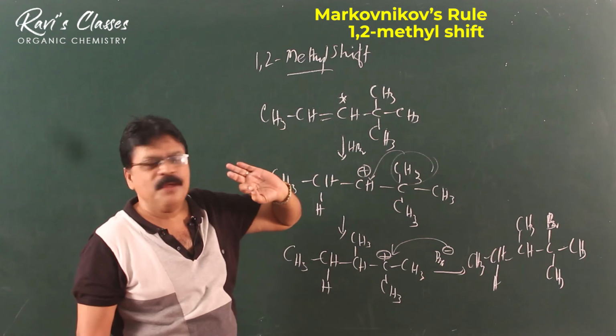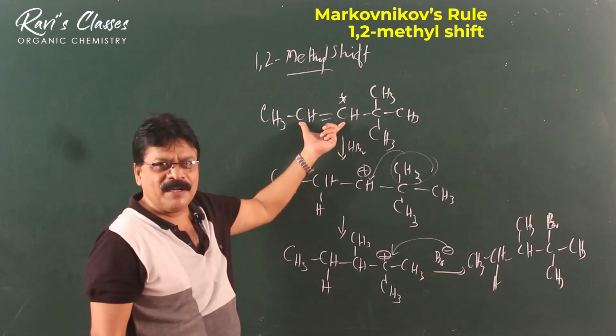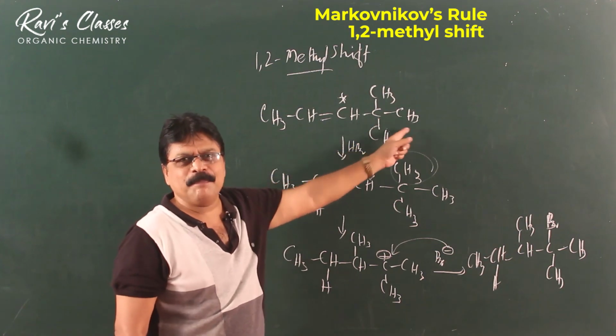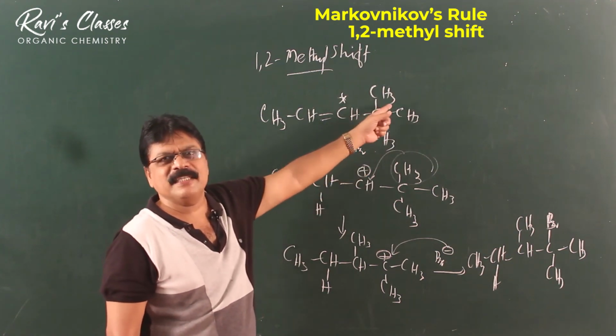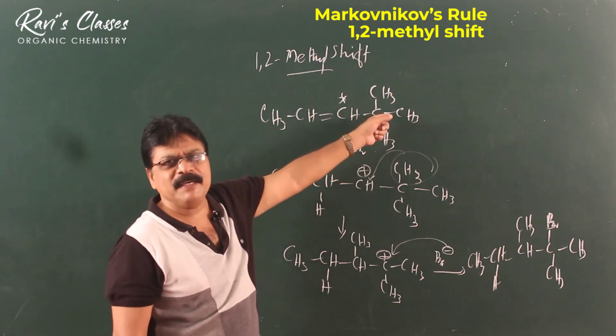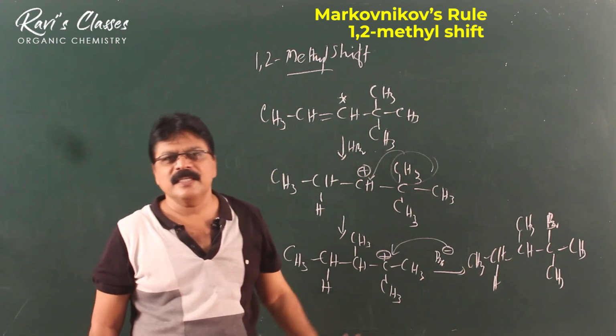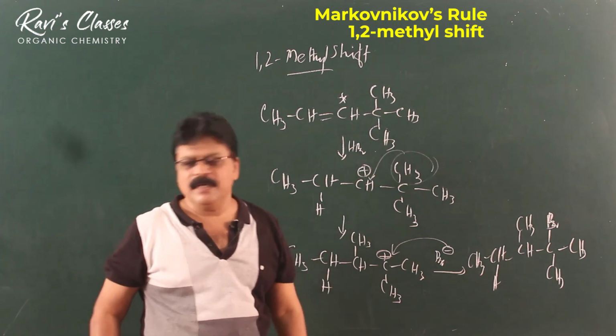So how do you do it? Find out whether there is a double bond, find out which will be more stable, check the neighboring carbon. If there is a possibility of a tertiary cation either by the shift of H or CH3, the Br minus will go to this new rearranged position. So that is the most interesting thing about addition reactions.